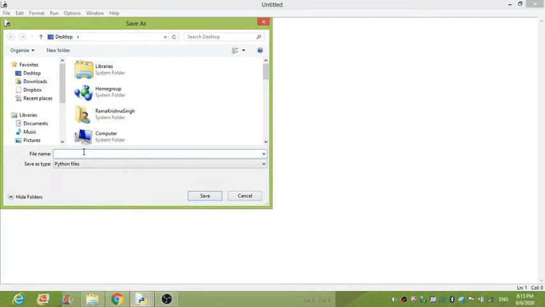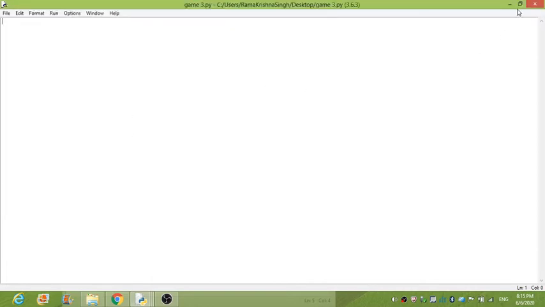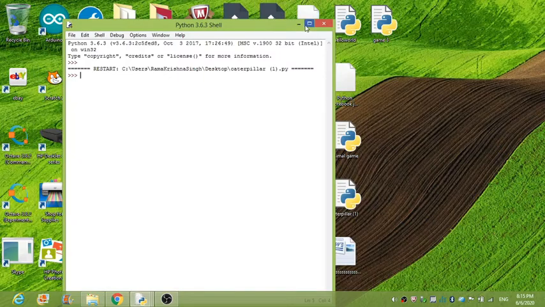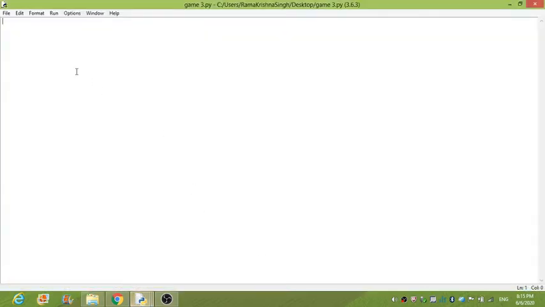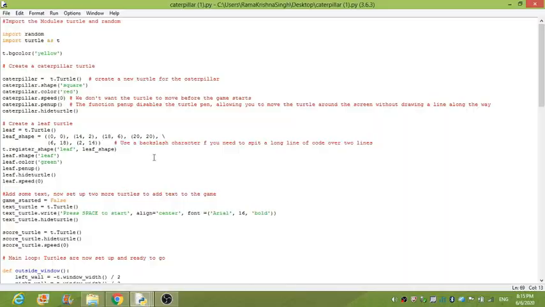I am writing game3.py. Now .py means that this will be saved as a Python file. Here you can see game3 has been saved as Python. Now let's go back to our code.